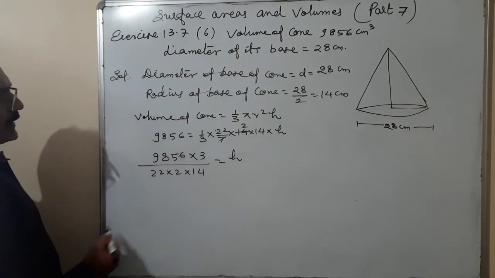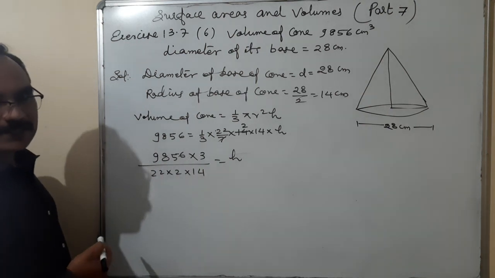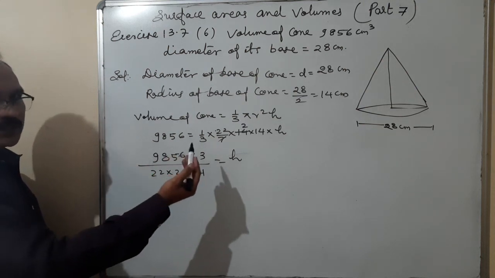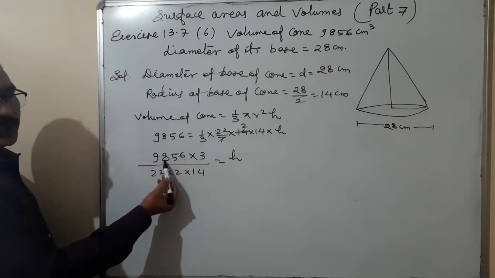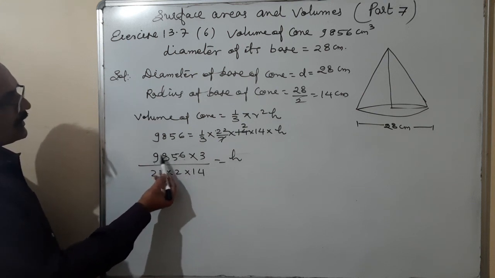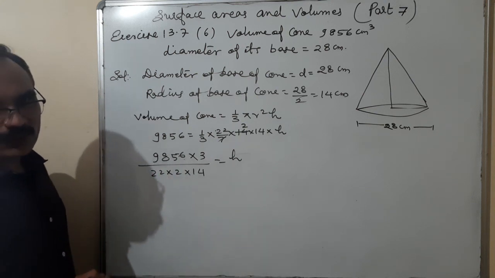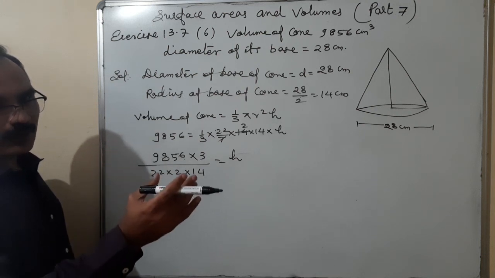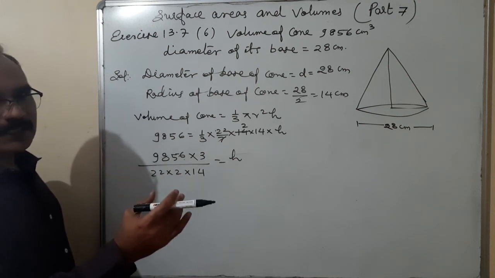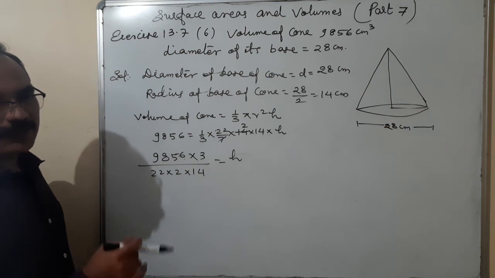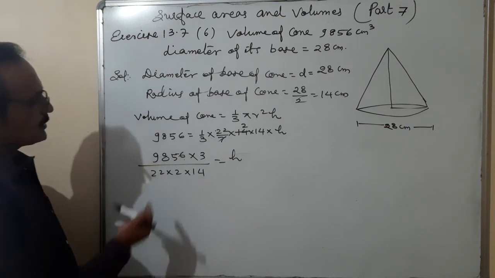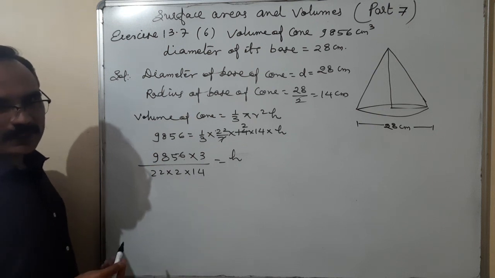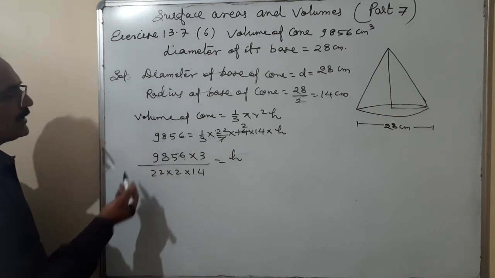This number will be cancelled by 11. Let us check whether it is cancelled by 11, yes or no. You will see the odd places 6 and 8: 8 plus 6 is 14. Now the even places sum, 9 plus 5, is 14. And 14 minus 14 is 0. That means if the difference between the sum of the odd places and the sum of the even places is a multiple of 11, then this number will be divisible by 11. So 14 minus 14 is 0, and 0 is a multiple of 11, therefore divisible by 11.